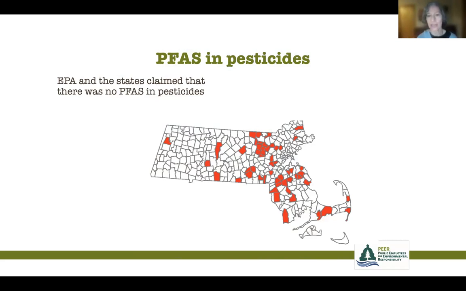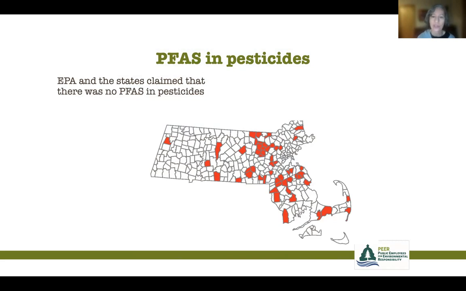This is a map of the state of Massachusetts, if you don't recognize it. And these red towns are the ones that have high PFAS in their wells. And I know why some of these towns in the right central part of the state, you see a cluster of towns. That's where there's an Air Force base. And you often find PFAS at military bases because it's in the firefighting foam. But down on the southeast coast of Massachusetts, not Cape Cod, because there's another Air Force base there,